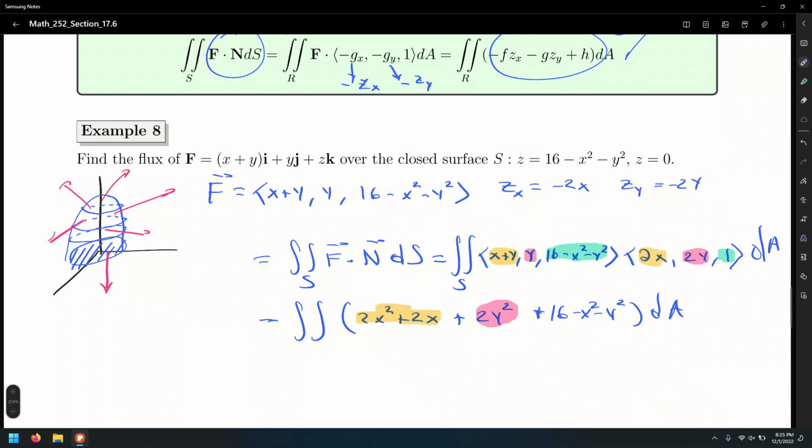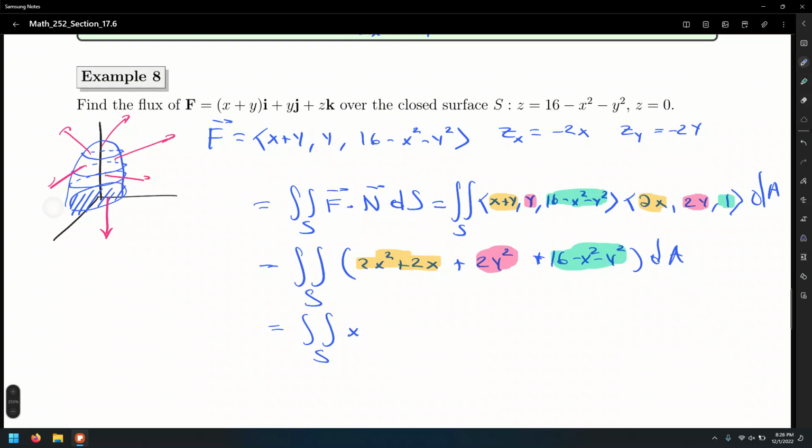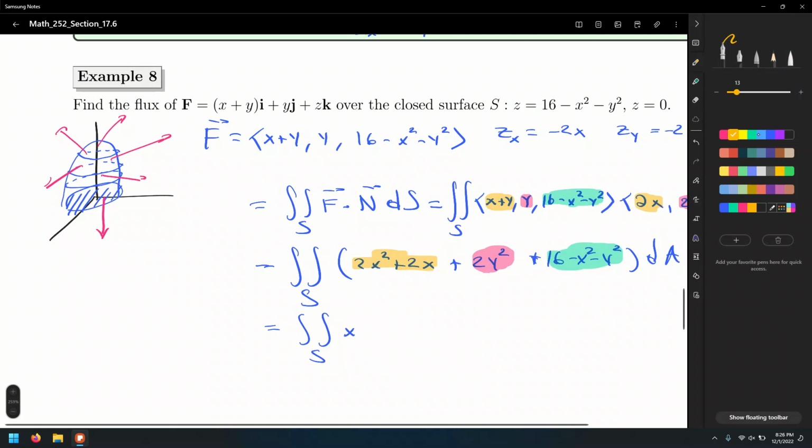dA. And this will be, let me highlight it so you can see where I got it from. All right, simplifying some terms, why not? That's going to leave us with the double integral over S of x squared. Hold on. Your yellow part would be 2x squared plus 2xy. Plus 2xy, that's true, right? 2xy. Yeah, I knew I had a mistake over here. All right, so that's going to be,